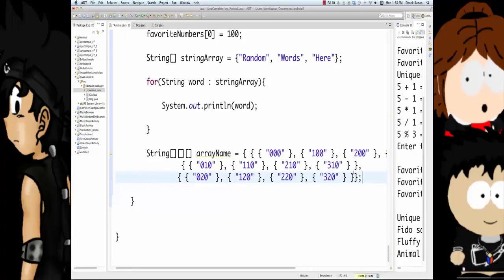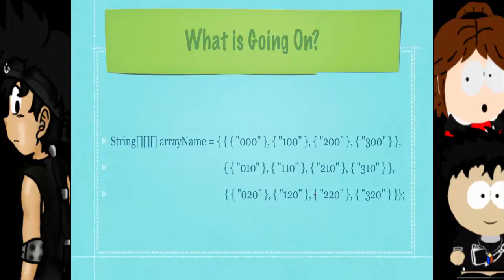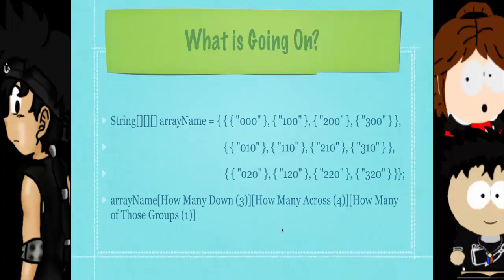So I'll explain it. Okay, so you saw if you want to create an array, this is how you create an array that's going to have 3 boxes, 2 boxes. This is how we're going to put 3 digits in there that we know ahead of time. And this guy right here is actually going to return 16, which is item number 1, which is 0, 1, 2. Okay, multi-dimensional, very complicated, right? I mean, look at that thing, it's nasty. Well, this is basically what is going to happen here.